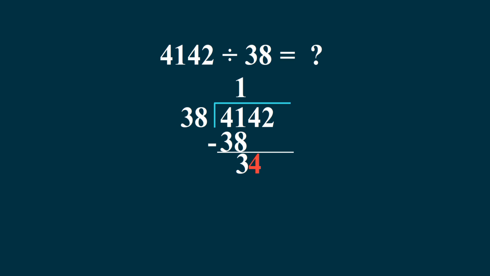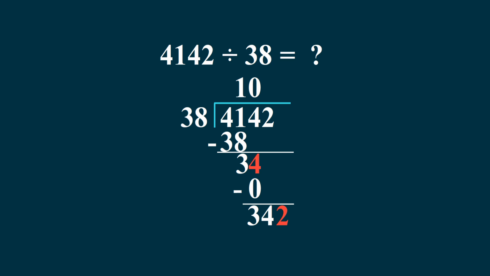How many 38 are in 34? The answer is 0. Now multiply 0 by 38, which gives us 0. Draw line and subtract 34 minus 0, which leaves us with 34. Now we bring down the next digit 2, and this makes our new number